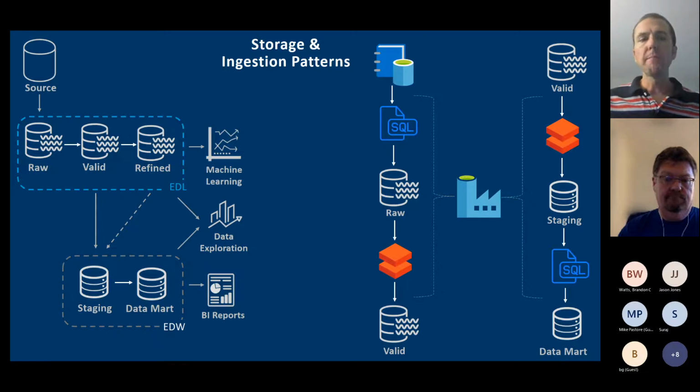This is one more diagram. What we're going to talk about today, I want to focus on the right side. What we're doing is we are assuming that Data Factory has already used a data catalog to grab some information, loaded it to the raw zone of our lake, and then we're going to pick it up with Databricks to process it into the valid zone. And then eventually valid can go over to that refined zone.